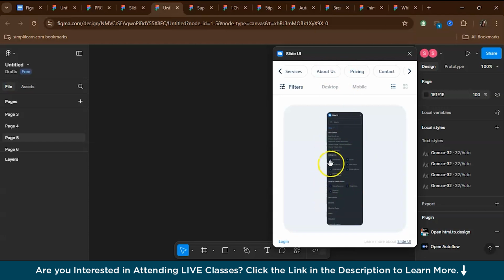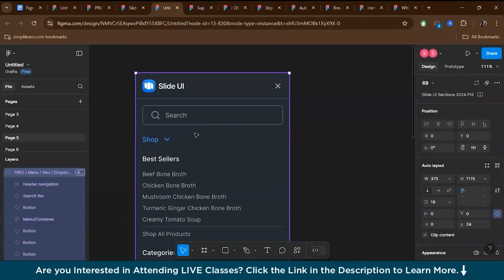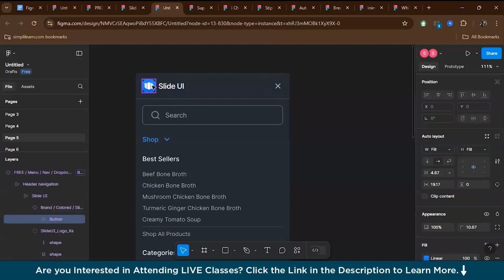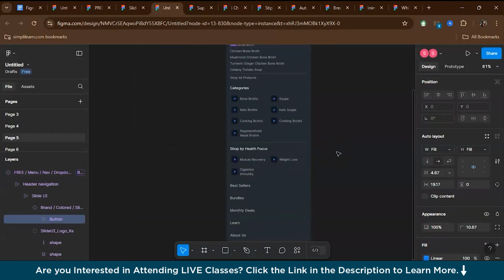So for example, if I like this particular design, what I have to do is just drag it and drop it into my Figma canvas. Pretty simple. And even here, all the elements are editable. I can edit this thing. I can edit this particular icon. So this is also pretty handy, pretty helpful. It's not that always if you have an idea, you have to go about designing this stuff. You can also, so just see how helpful these plugins are. It saves a lot of manual work.